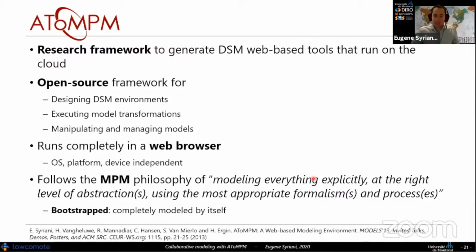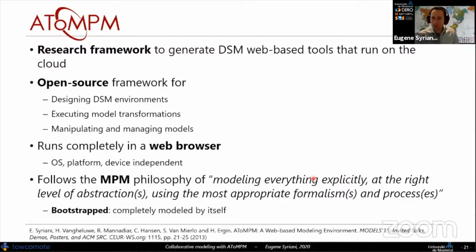We typically see it as Mi, Mi minus 1, Mi plus 1, so that we can have different levels of abstraction and different formalisms and processes to use each DSL. The tool is completely bootstrapped, so it's completely modeled by itself, which may explain some of the maybe not so user-friendly interactions that it imposes.